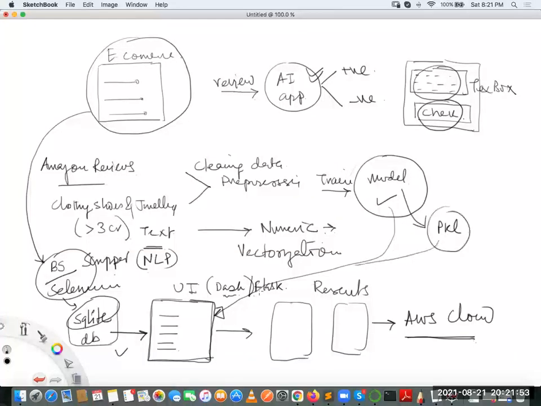This pickle file can be given to the UI team, and the UI team will never get to know what the code is. They will just get a kind of executable file and use it, guys. Isn't it interesting? Because sometimes you don't want to disclose the code to other teams. They might change it, or a lot of things can happen, right? And your delivery may get delayed if something goes wrong. So your model gets stored in a pickle file, and that pickle file goes to another team. They will make use of this pickle file to load the model and make the prediction, and they will never know the internal code of that model, guys.